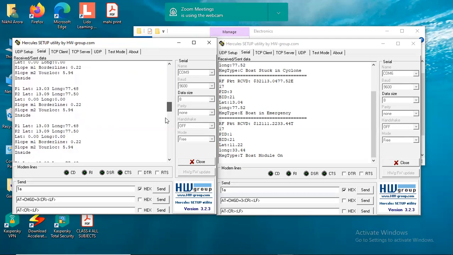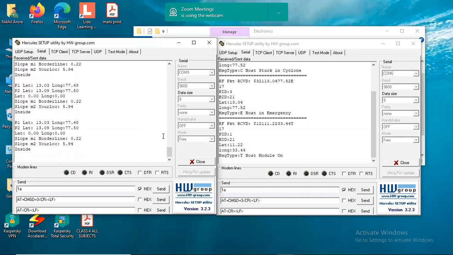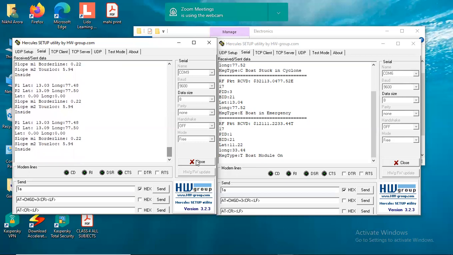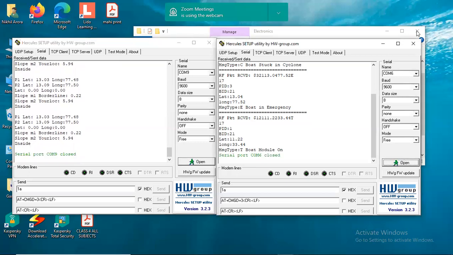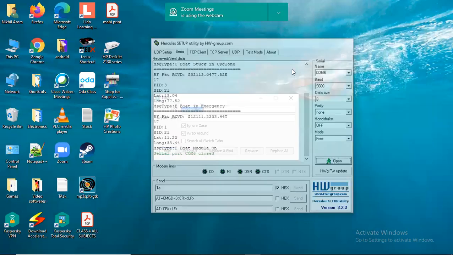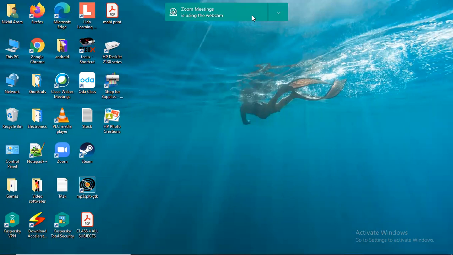Oldest data was removed. Okay, no problem. Close, close. So this was the demo for your hardware, the code explanation.